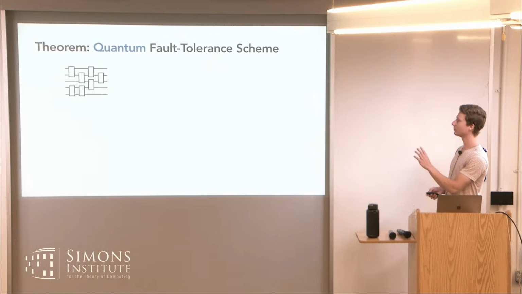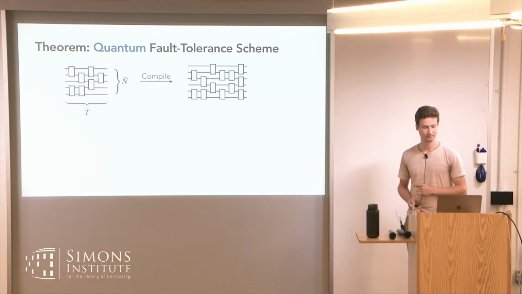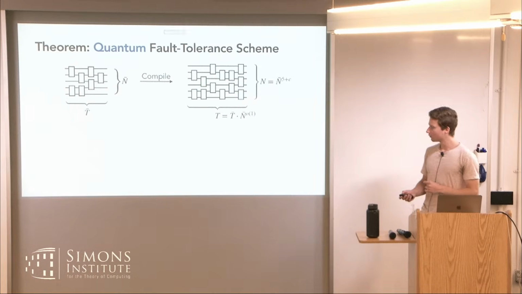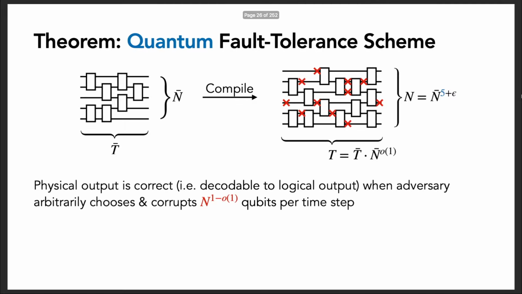So now we're compiling a logical quantum circuit into a physical quantum circuit. The time overhead is again subpolynomial. The space overhead now jumps to a larger polynomial, so the physical space usage is roughly the original logical space to the power of 5. But that's fine in the PCP setting; we'll just have longer proofs. And again, we have this fault tolerance property that we correctly perform the computation in the presence of an almost linear number of adversarial errors in every time step.